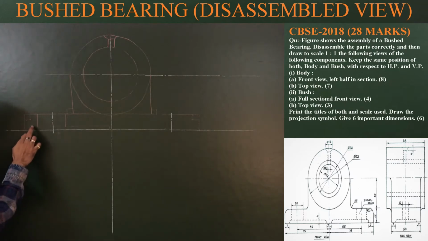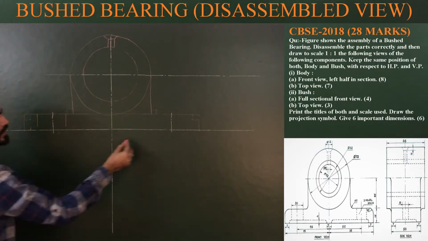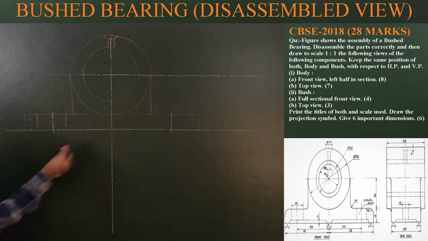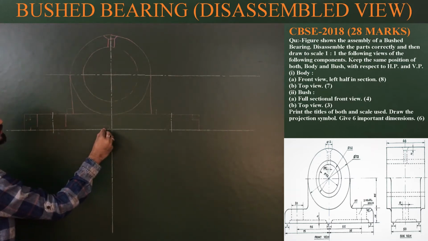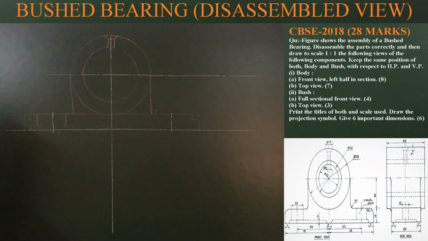Again for the rectangular hole the height is 4, so a radius of 4 can be taken. So from this point 4, and there we don't have to show. Okay, here we have to show 4. So this is the center. Now